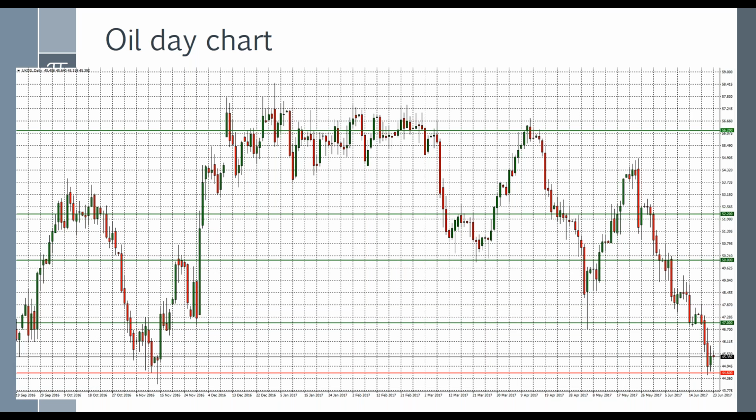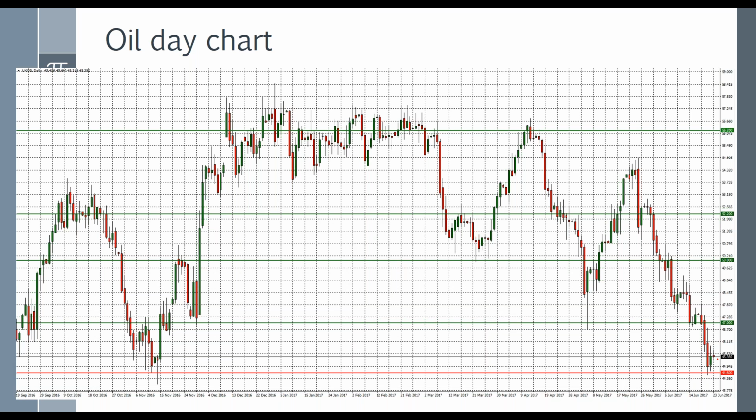We paint them according to what happened in the past. So basically we take it from the last days that we have. We all remember this point, 44.6. First of all, this is UK oil, not US oil. The difference is usually about $2 between them. That's why we see that the low price is 44.6 and not around 46, 47.